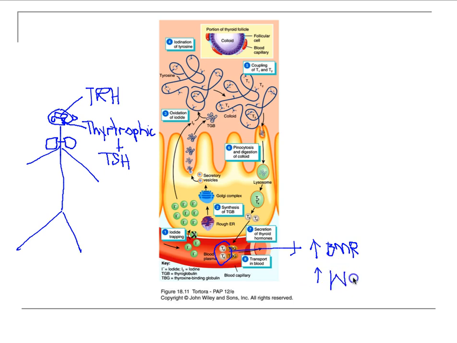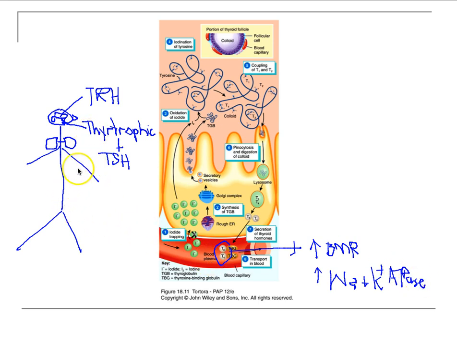And that's an N, not a W. And sodium plus potassium ATPases. Now my challenge to you, now that you've finished chapter 18, is can you do this and now shut